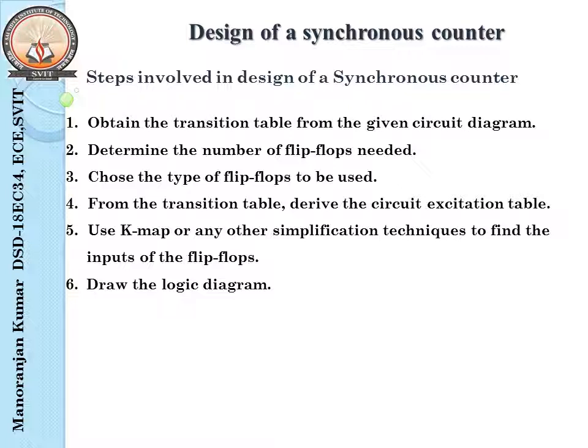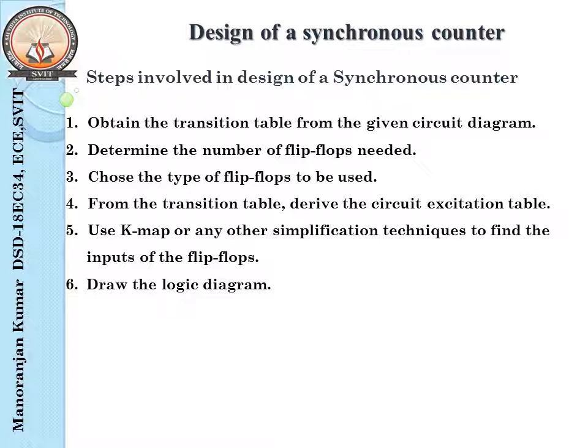Suppose I'm counting up, for example from 0 to 7. When we start counting upon application of clock pulses, if we are in state 0, 0 will be my present state. From 0 the next count value will be 1, so 1 will be your next state. When you're standing at 1, 2 will be your next state, and so on. This is what we have to remember here: the transition table gives us a relationship between the present state and the next state.